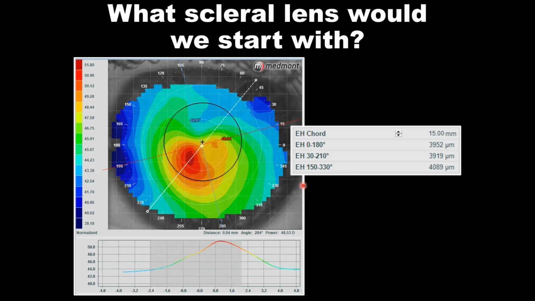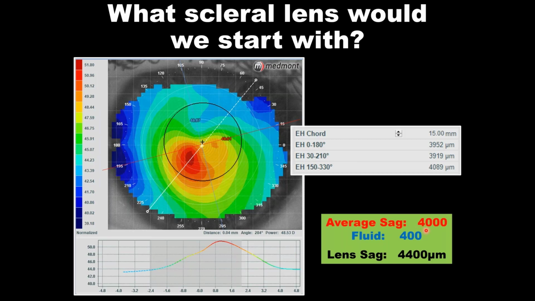But if you needed or felt like scleral was the best choice for this patient, let's assume we'd already tried corneal GP and comfort was an issue, or ocular surface disease was a challenge that was confounding our case here, then we might choose scleral. How can we choose that initial lens? Well, let's go to that EH chord attribute, and we're going to average out these 3 readings taken across 0, 180, 30 degrees, 210, and across 150, 330 degrees. So we're getting some sense of the height across the horizontal area. So we take that average, 4,000 microns,